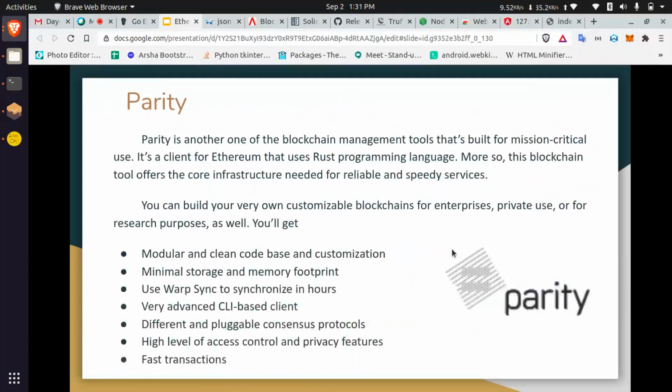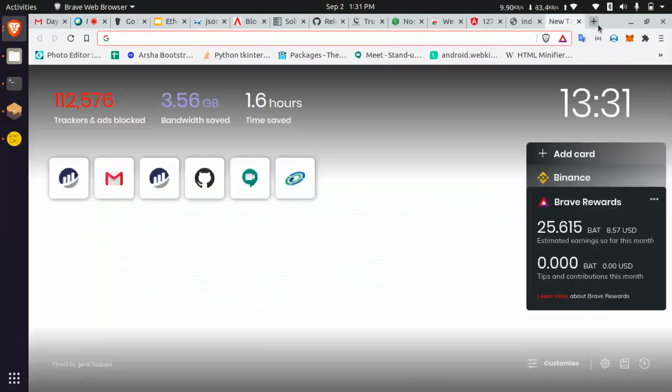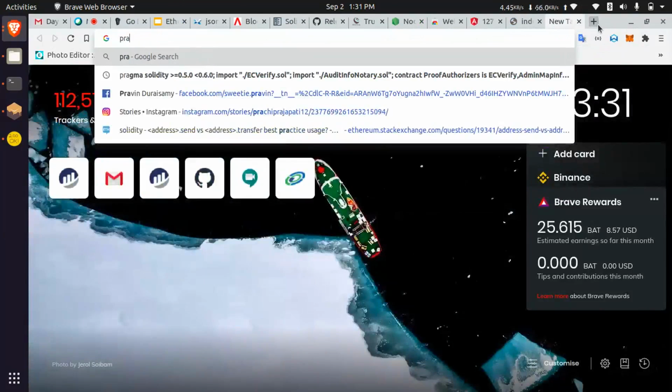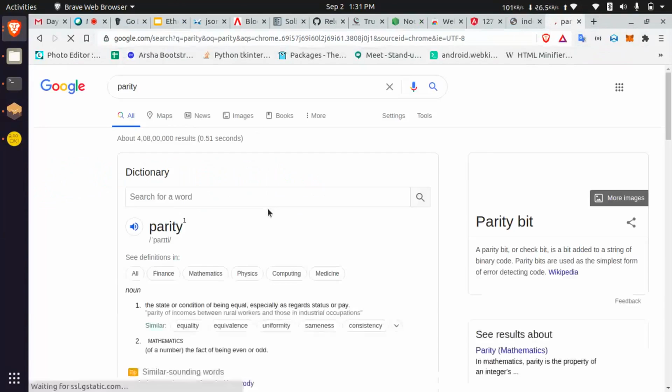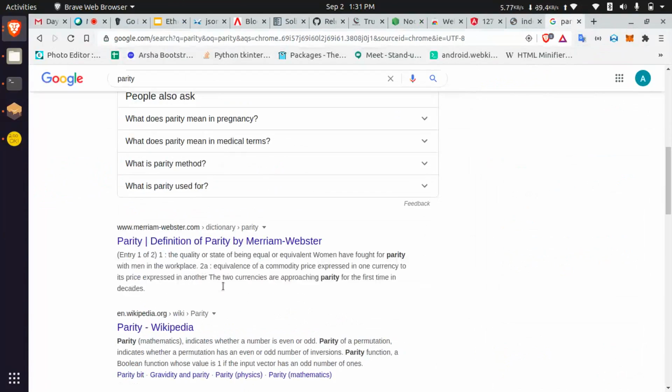That's all. And then Parity is also like Geth, but mostly we are not using Parity. But if you have an interest, just click Parity. Parity is also like Geth, for starting a node.